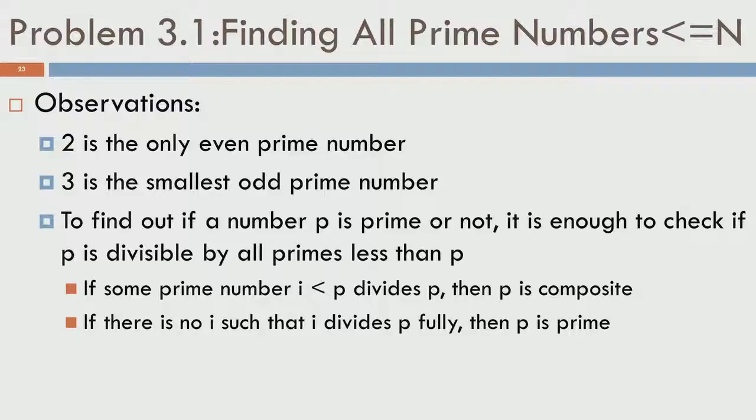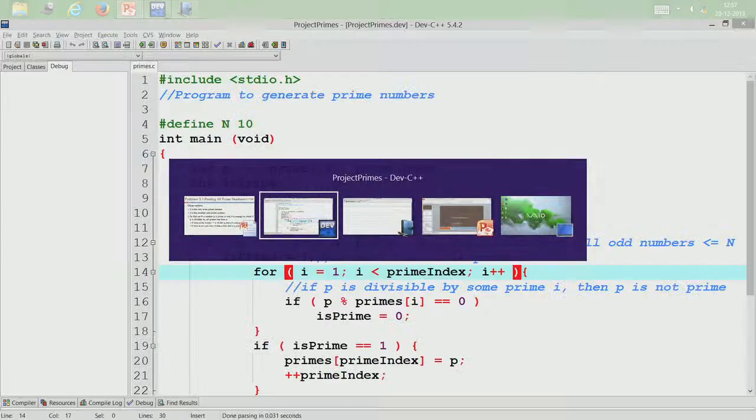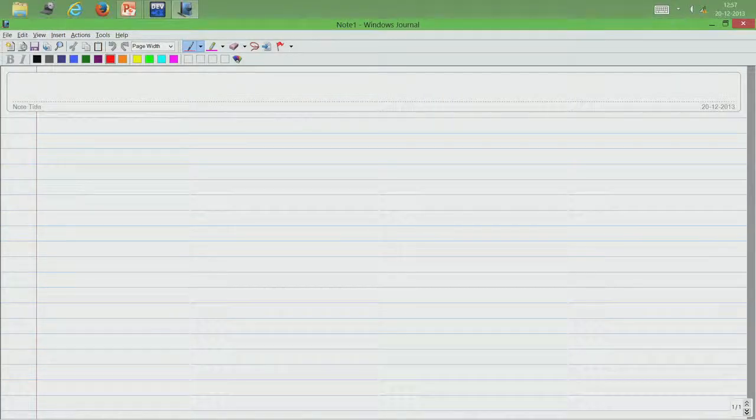So, I am going to lay out a technique to solve this problem. Let us see how to do this using paper and pencil first, and then we will move on and see how to write a program for this. So, I am going to assume that n equals 10. I want all the prime numbers that are less than or equal to 10. If 10 is a prime number, I want to declare that 10 is a prime number also. So, 10 is not, but whatever n I take,